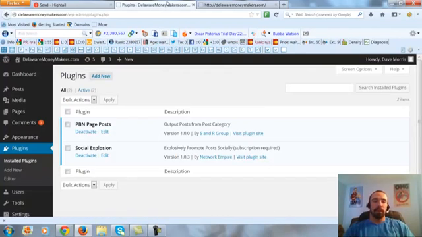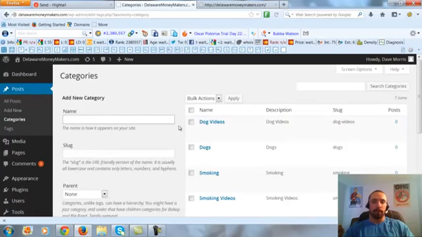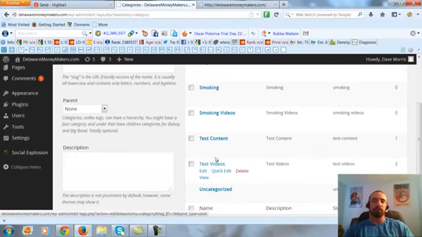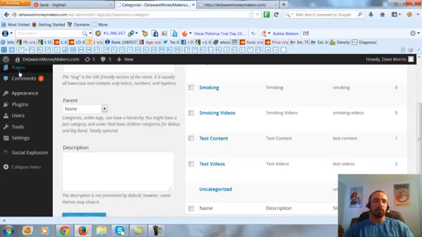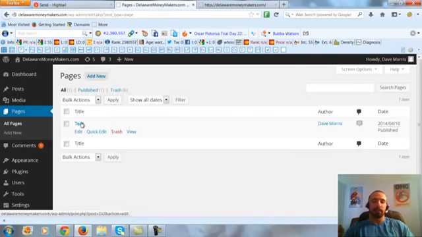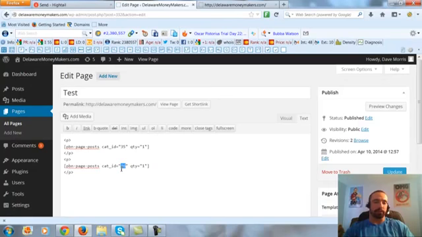The way we get the video to change is, again, remember we set up everything the same. We set up our categories. In this case, I used test content, test videos. You would grab those IDs, 35 and 36, and put them in the short code for your page. That's the sticky, and this is the sticky page that we set in the settings. If you don't know what I'm talking about, watch the first video and you will. And here's the short code, 35 and 36, just like I said. You put that in the text section.